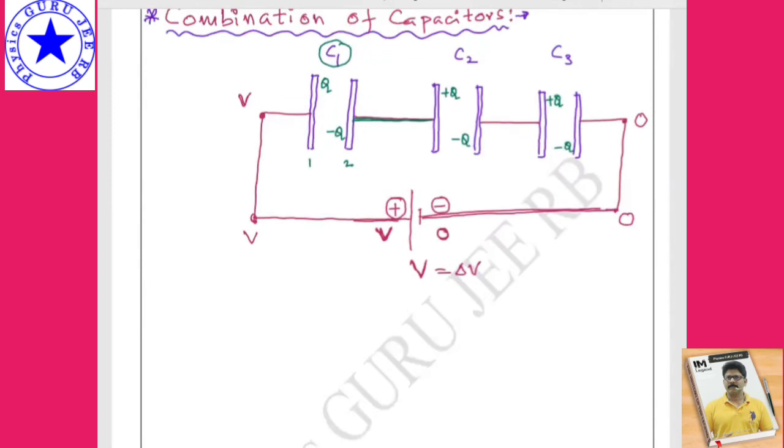Okay. Now what are the potentials here? See, the same charge is distributing. It is released only charge Q. This Q is transferred here and this is the charge. Fine. So only the charge Q will be there. So the same charge Q is distributed on all the capacitors.